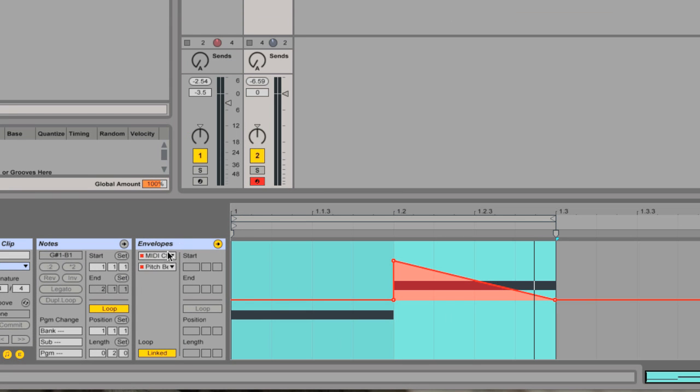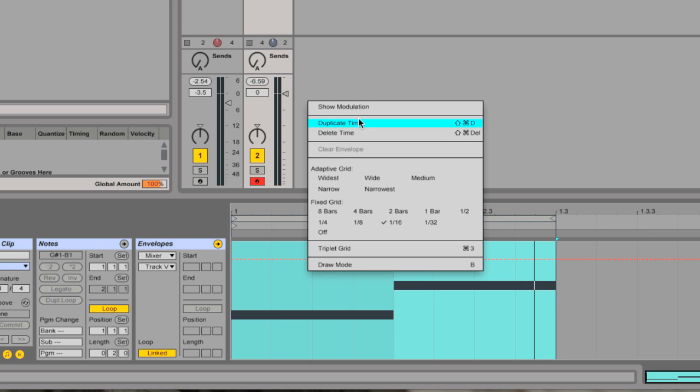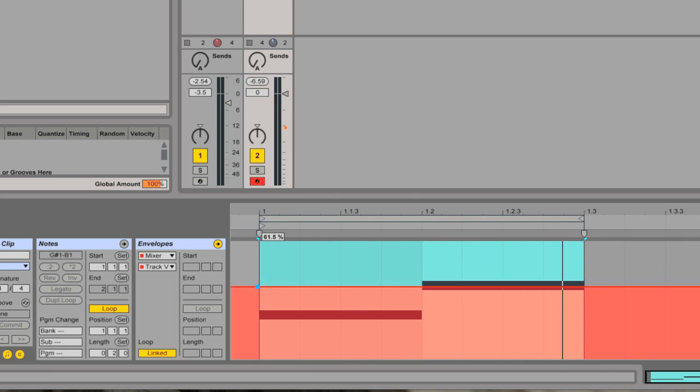So if we go into envelopes here and go to mixer and track volume, and then if we right click over here and click show modulation, this gives us a relative volume level of the channel volume. So we can draw in sort of little automated fades that do a similar job to a sidechain. So if we draw in a point here and take it down to, let's say, 60-something percent there,